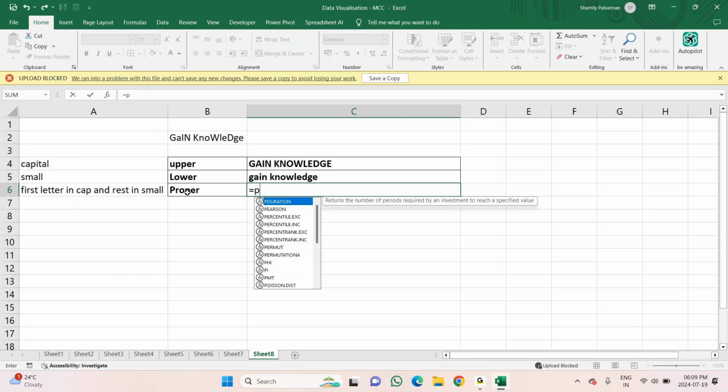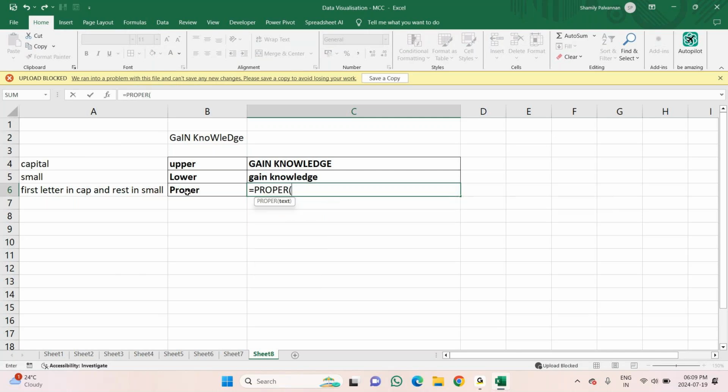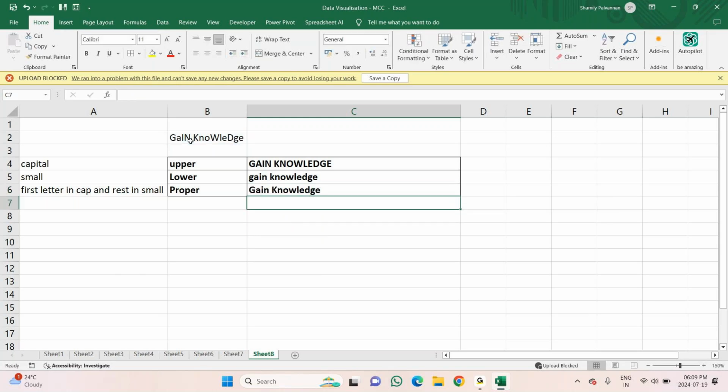Equals to proper, select the text, gain knowledge, close the bracket, enter. So see, G in capital, K in capital, and the rest all in small letters. So that is proper case.